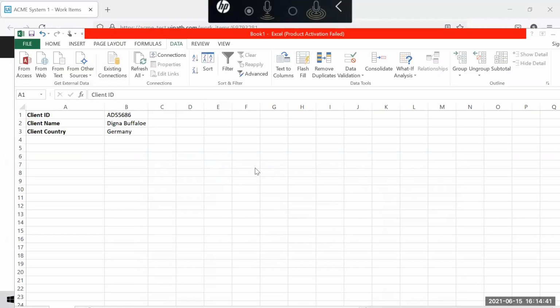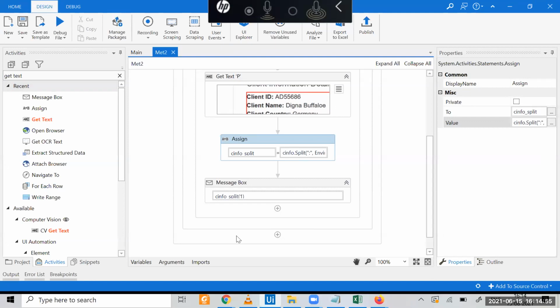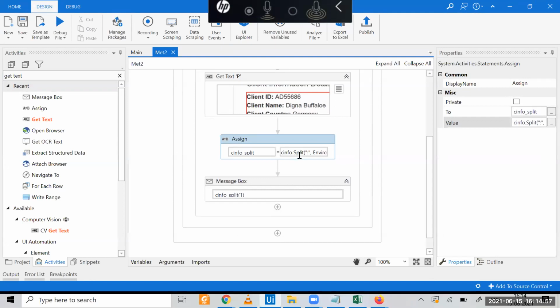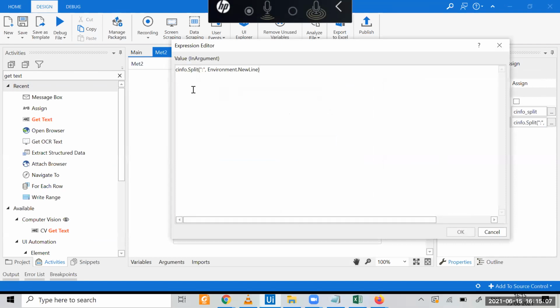Excuse me, sir. Yes. Sir, can you please go back if possible? Just a second, let me see. This is also not working. That's the issue we are facing right now. As per UiPath documentation, you can split any particular line or text variable using the delimiter functionality. So the delimiter functionality is this one, C info, and the delimiter value is this one.